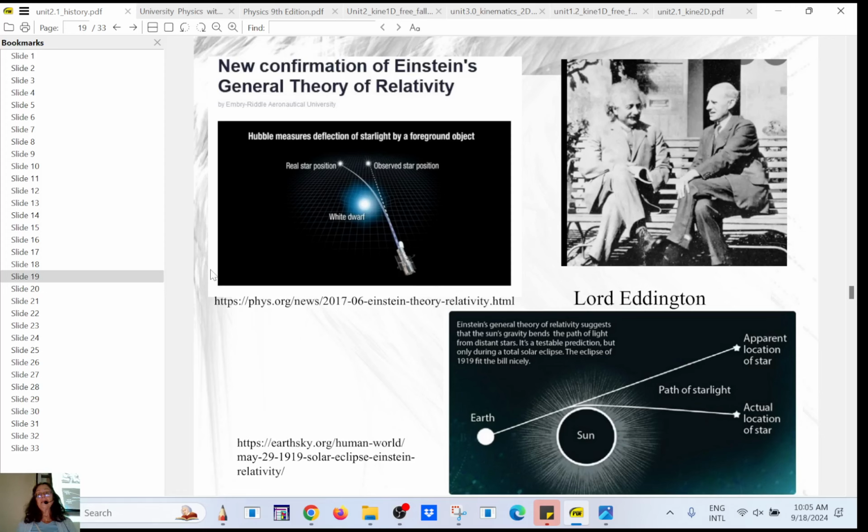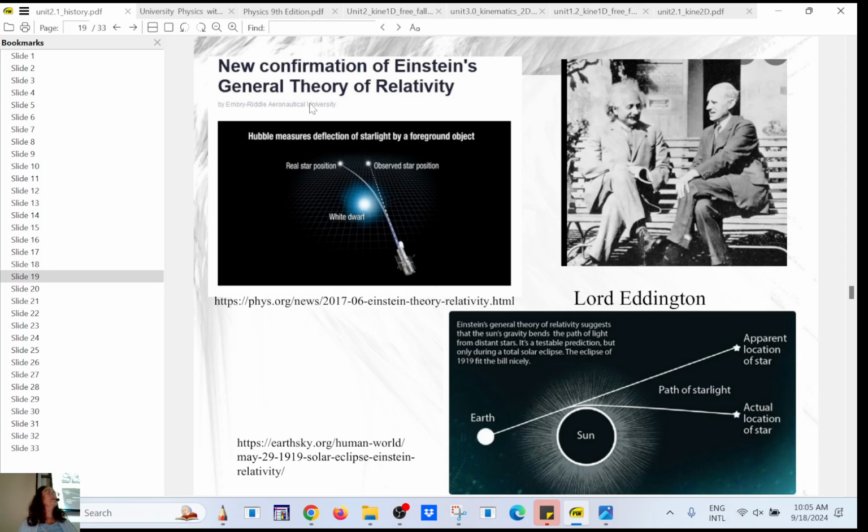Okay, so next year we have Einstein, 1915. Before that, he came up with special relativity, which says, for example, if you have a spacecraft going at the speed of light, leaving Earth and coming back, the people in the spacecraft will not have aged relative to the Earth, and people on Earth will have aged, right? But that's special relativity. Then he tackled general relativity.